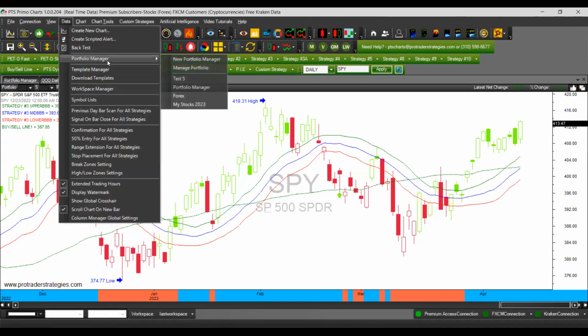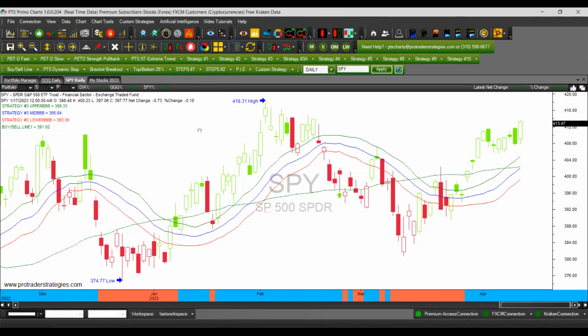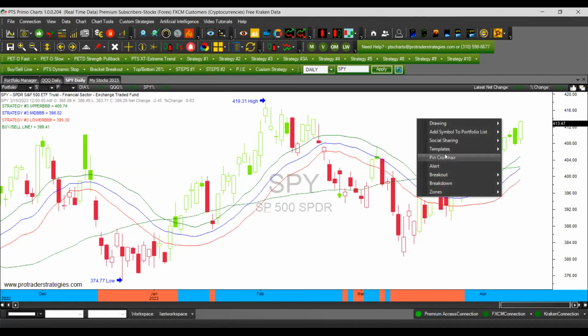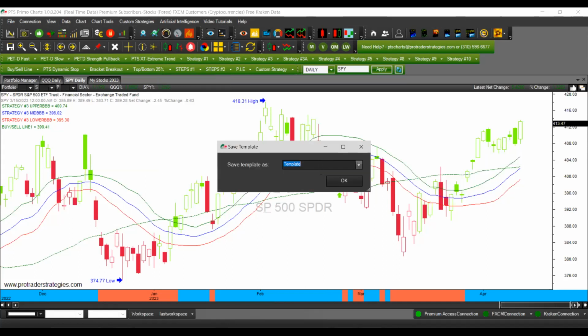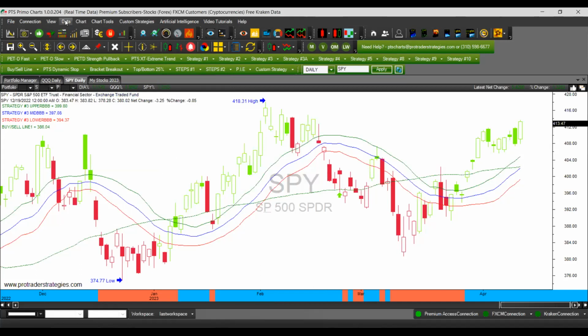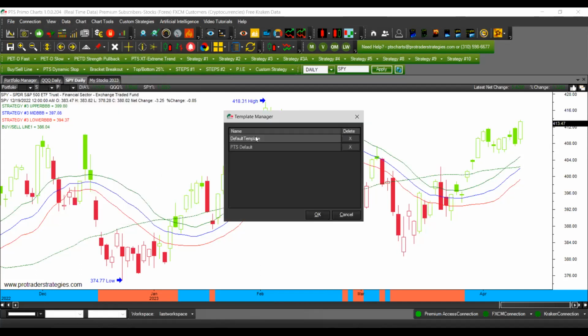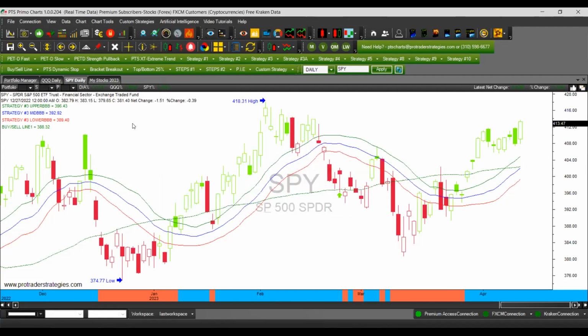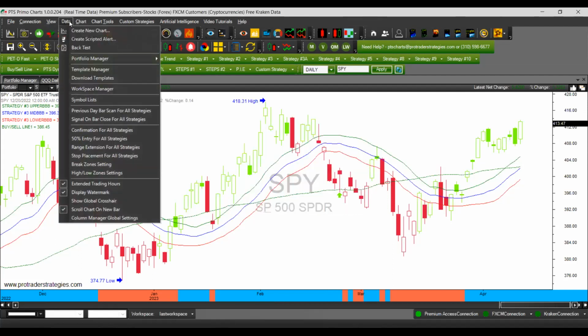I think we talked about these templates before when we were creating templates. So just as a refresher, if you right click and go to templates, you can save a template, and that is how you create it. So I can put here PTS default, and that's my new template. Okay, so let's go to the template manager and you will see both of them. Okay, so this is kind of after you create the templates, if you want to manage them, this is the